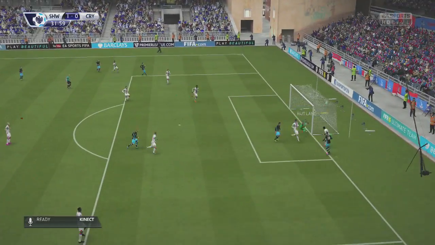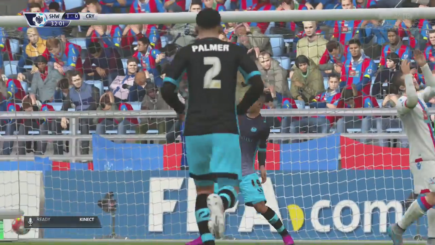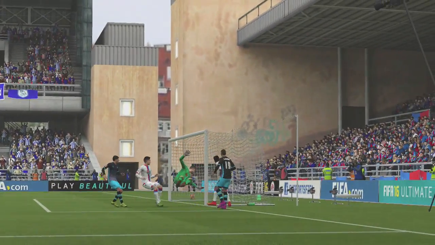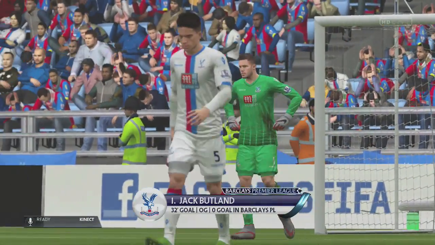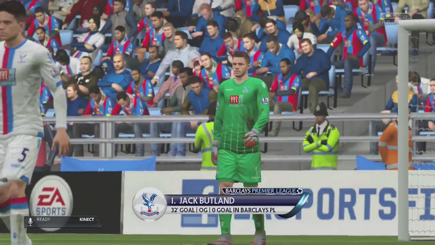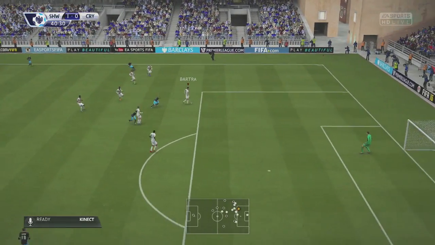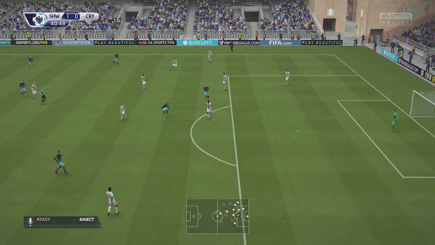The ball was looped into the back stick and somehow manages to find its way into the back of the net. We've seen it before with Soiree, not the best at defending sort of deep crosses. We weren't quite sure how that had managed to find its way in, but it's been gone down as a Jack Butland own goal. I think it kind of got wedged between the post and Butland,